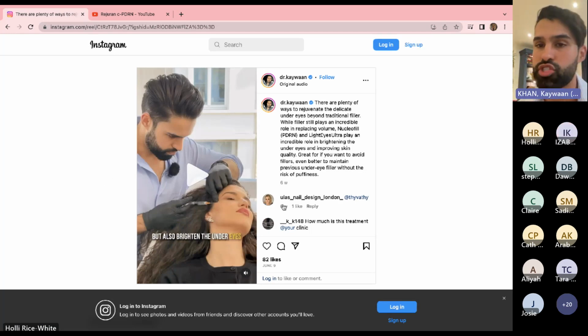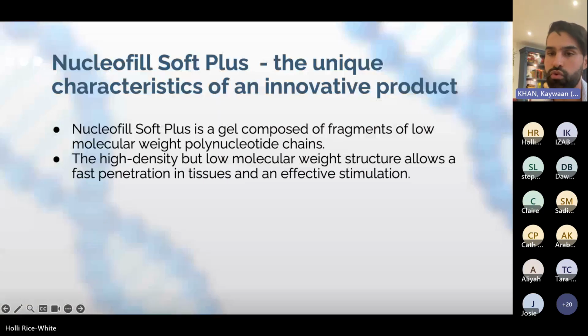So that was just demonstrating how Nucleofill can actually be used quite superficially, where you may not use that with a filler because of the risk of tindling. This doesn't necessarily cause tindling. So what are the contraindications for using this treatment? Well, the main thing will be that